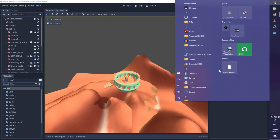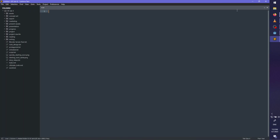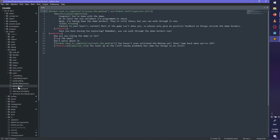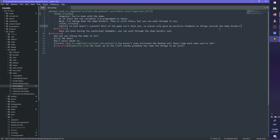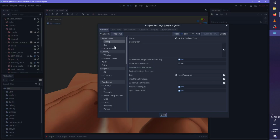Alright, let's go to... Why did I close Sublime Text? Oh. Is that... Alright. Project dialog demo. So, oh, okay. Actually, I can just do... have fewer variables if they're linked to the same condition. Alright, so